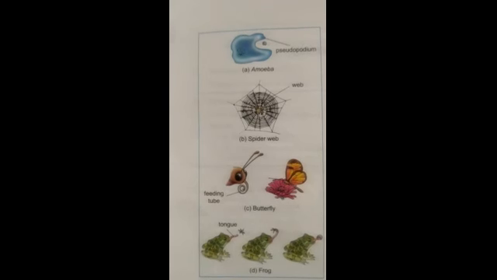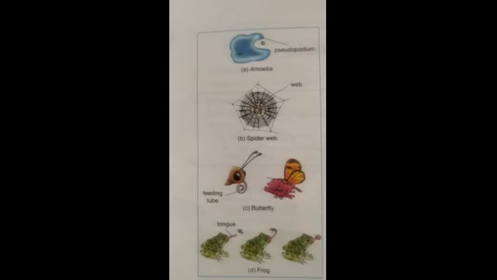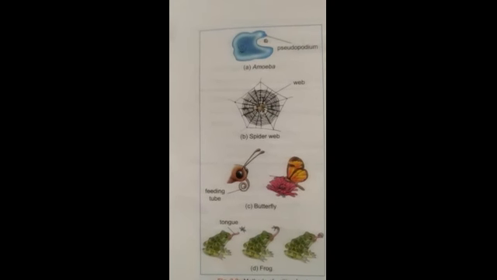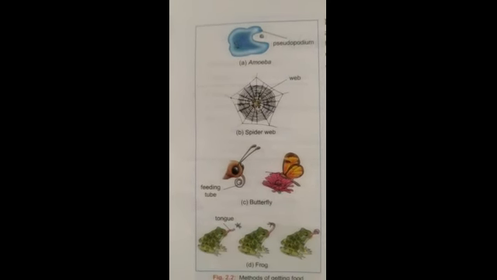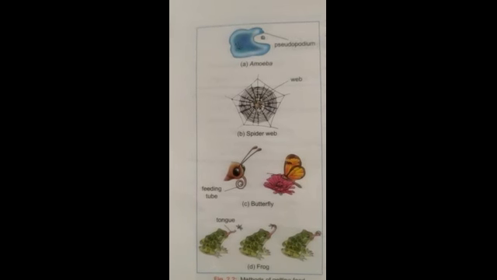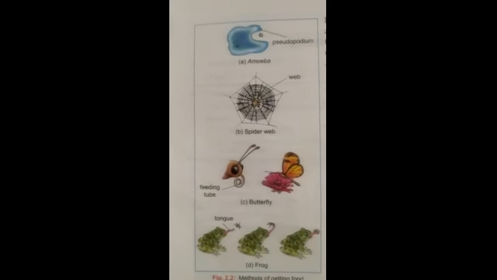Now I will take one more example, of snakes. Snakes like the python swallow the animals completely, and then they slowly digest it. And the most popular animal, the human being, uses hands to put food in the mouth. So these are the various methods and organs which help in taking food inside. That is the process of ingestion. Now we will discuss the process of digestion.